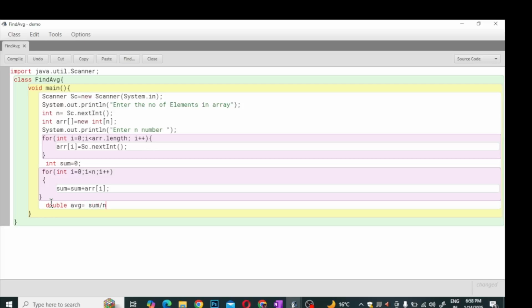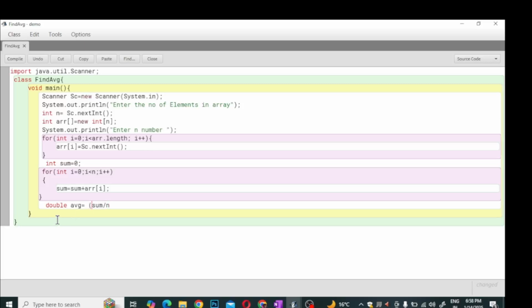But here is a logical mistake because when I divide an integer value by an integer value, I will get an integer value. So we will miss the floating value. So to avoid that type of error,